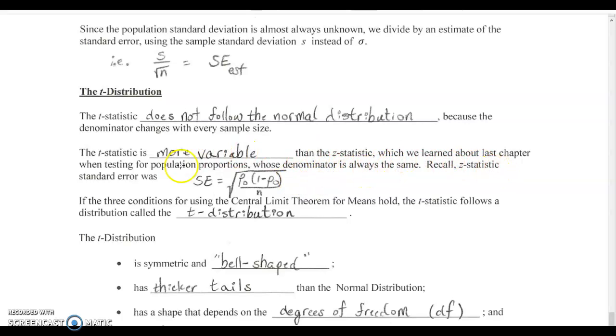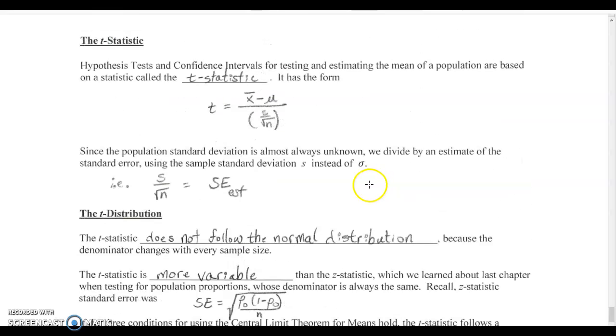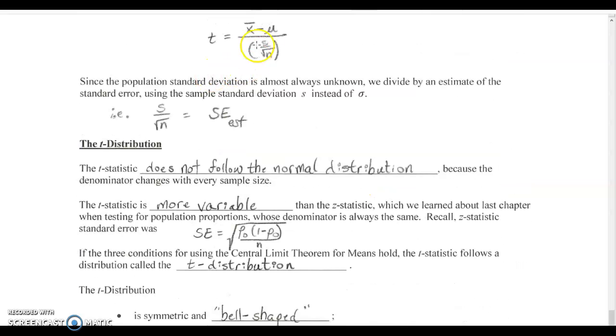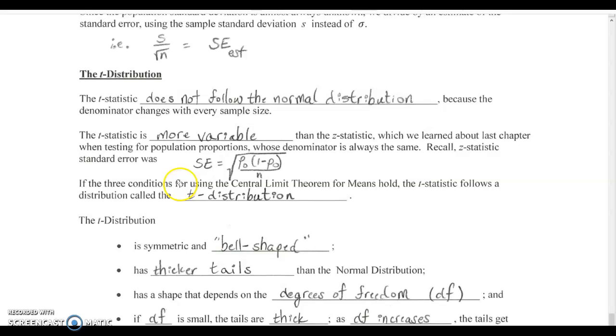Recall the z-statistic standard error was this, right? Standard error equals the square root of p naught times 1 minus p naught divided by n. So the problem here is that this statistic is not going to quite follow a normal distribution, where this one did. Okay, so if the three conditions for using the central limit theorem for means hold, the t-statistic follows a